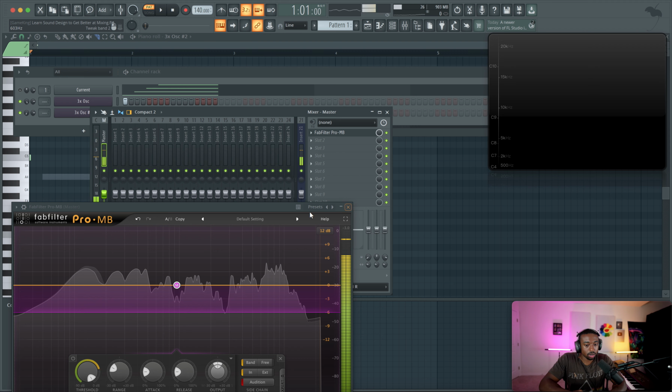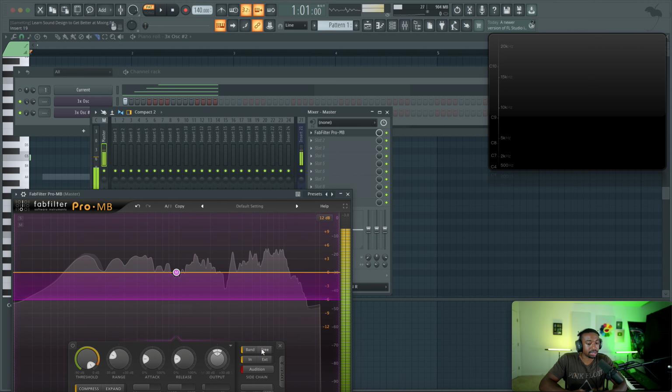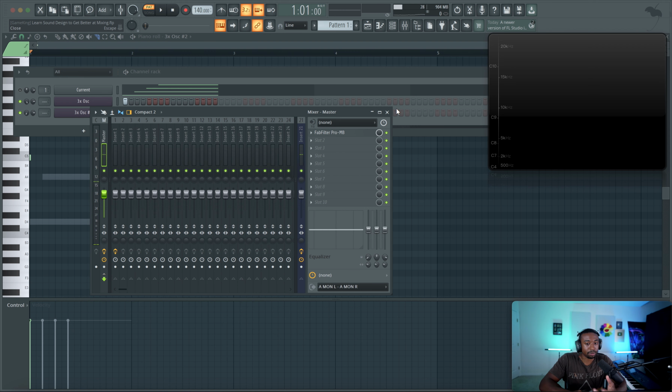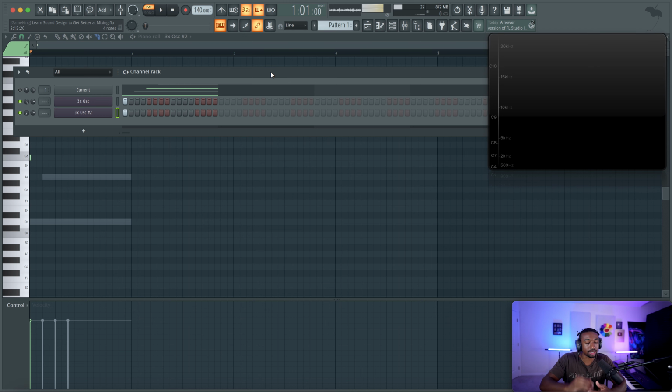So what we just heard was when I changed the pitch of the second oscillator, it made it hard for us to hear a consistent middle sound. And that's because the middle is an illusion. The middle is when the sound is playing the same exact thing on the left and right. If that changes, the middle signal is not the same anymore. So that's what we heard, it wobbling up and down. That's because now the sound is different. There's a difference between the sound.